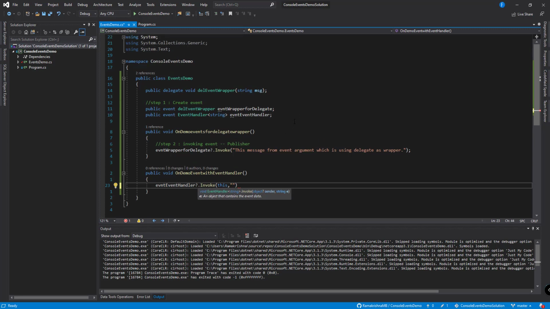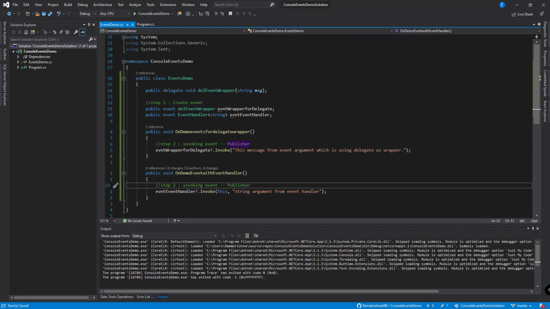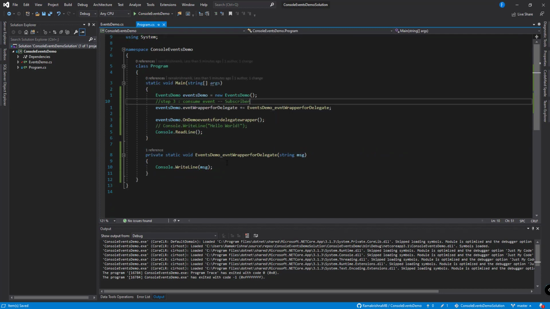We can give a string argument from the event handler. Because we are using EventHandler with argument type string, I am sending a string argument. So we have this step 2, that is invoking the event as a publisher. So we need to consume this as a subscriber.